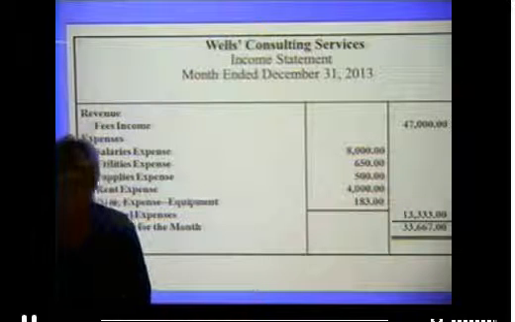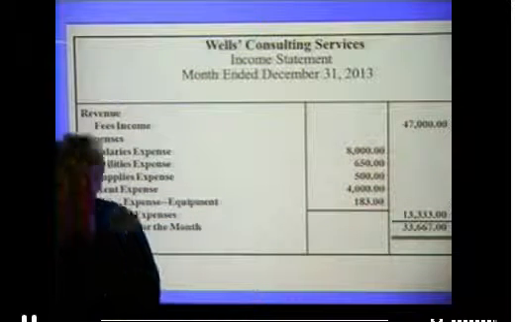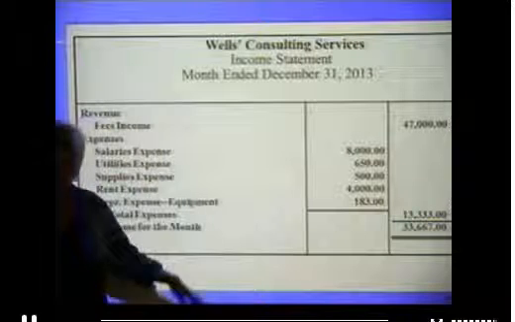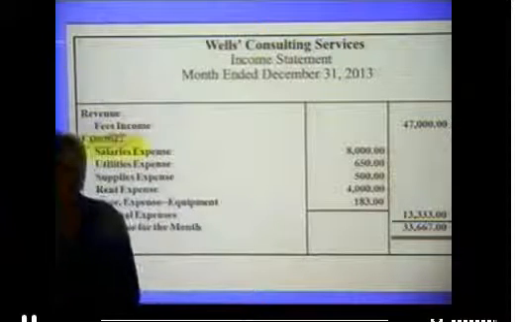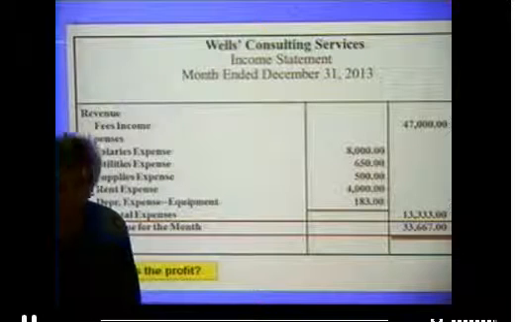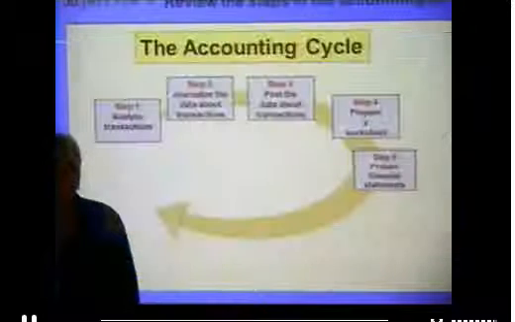Then what if he says, well, how did we do? Did we make money this time? Where is he going to look? He's going to look on the income statement. Right? What's our profit or loss? Okay, so,